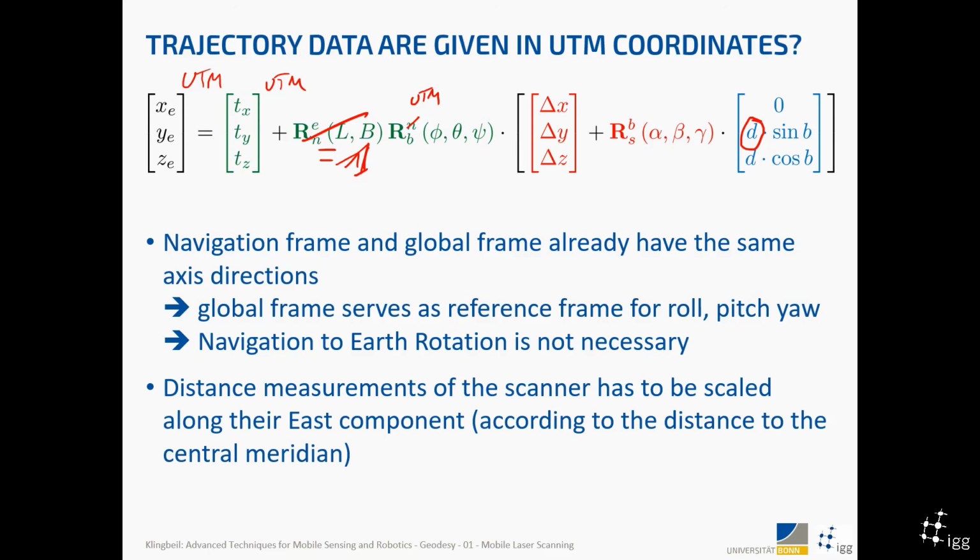I just wanted to mention this, and to give you the chance to understand the whole concept, right? So if you now understood what the problem is with the scaling in UTM and the distance measurement of the laser scanner, then you basically understood the major things of the whole lecture. Okay,